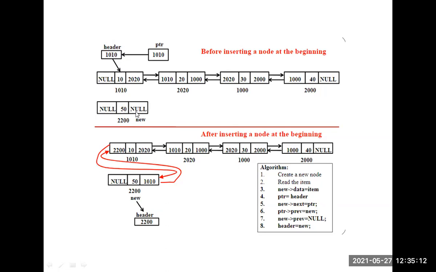I want to store the header address here because I want to connect it at the front. So this address is stored here and this address is stored here. This address name is header. This part name is temp of right link. So temp of right link equal to header.